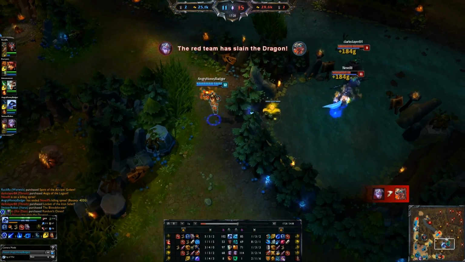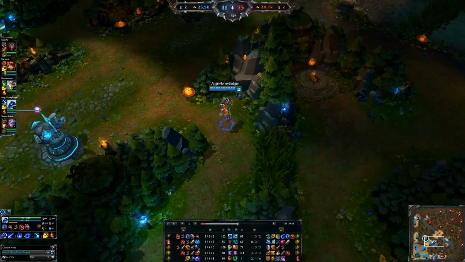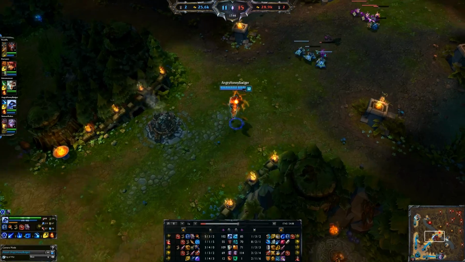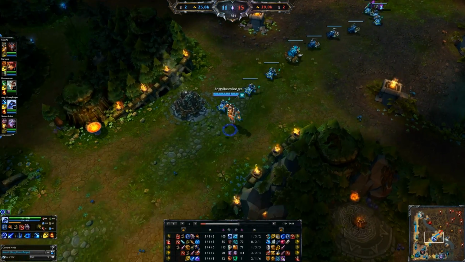Now, as for your masteries, we can talk about those. You can go with a 21 in the offense. Pick up everything over there that helps you out with your AP scaling, all the ability power ratios and everything over there. Now, as for your 9...